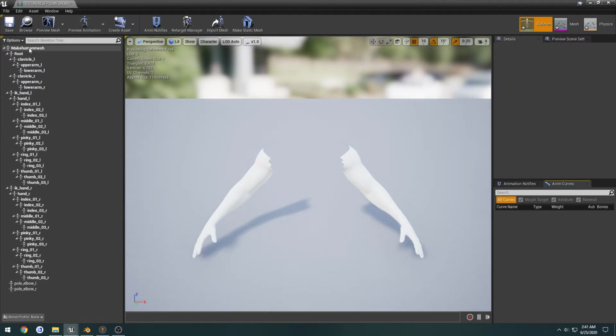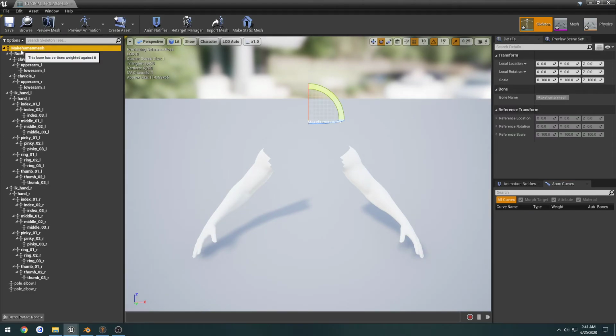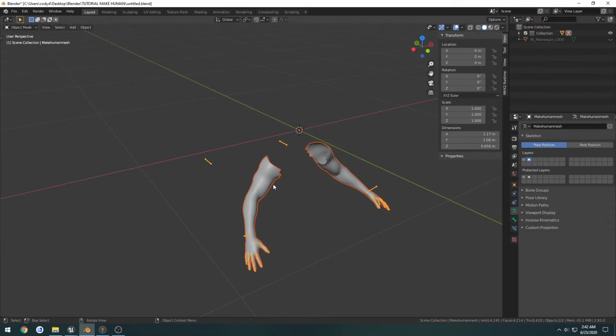Everything is set up all the same, except we have a slight issue. Root is not the root of our hierarchy. It's MakeHuman mesh. Now I wanted to use this as an example for naming, so I'll just show you. I'll leave that up. If we go back here into Blender,